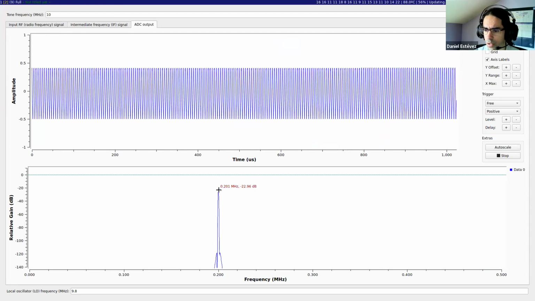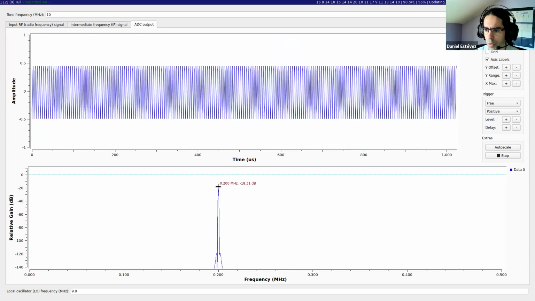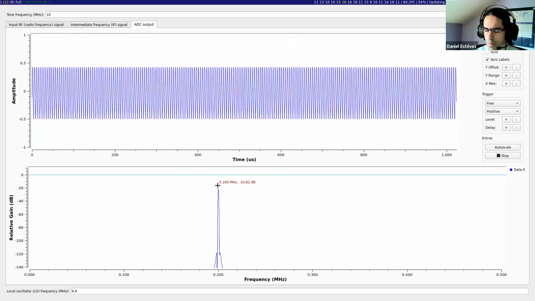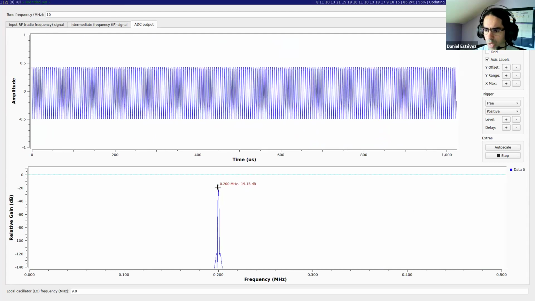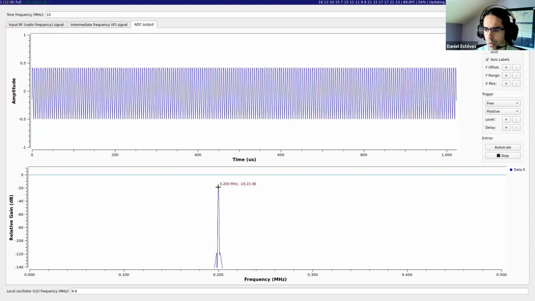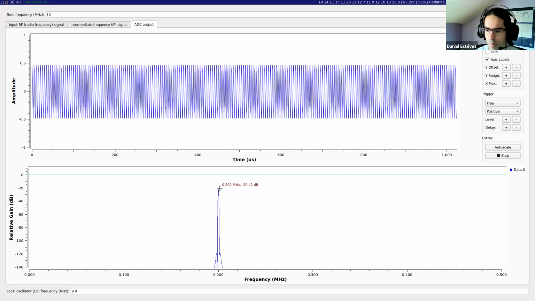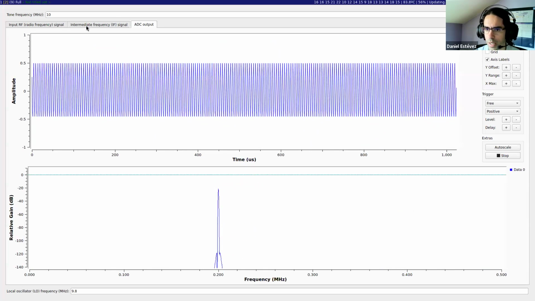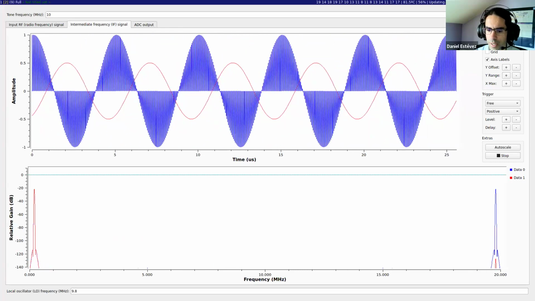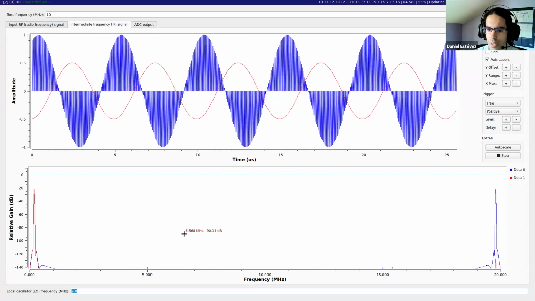And also because think about what happens if we want to shift this signal just by very little, just by 1 kilohertz. Then the difference of frequencies will be 199, and the sum of frequencies would be 201. So they would be very close. They will only be 2 kilohertz apart. And then it will be very difficult to separate the two copies with a filter. I can demonstrate that by